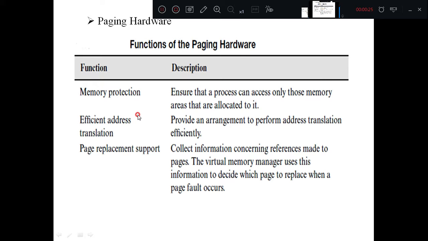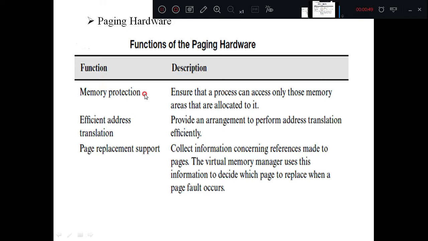disk or the secondary memory, that we have already discussed, and how the address translation is done, how the logical address is going to be converted into a physical address to fetch this particular page from the hard disk, right? So the operation of conversion of that particular address is done by the virtual memory manager, right?